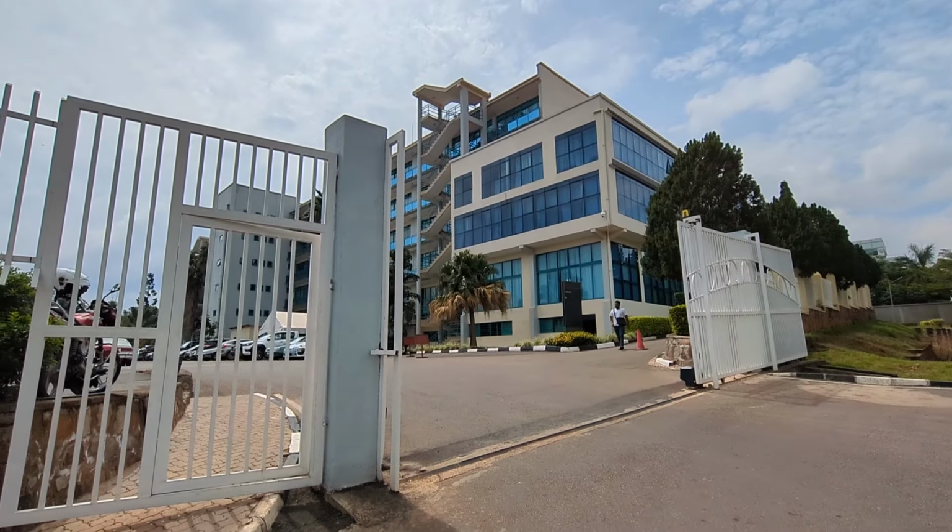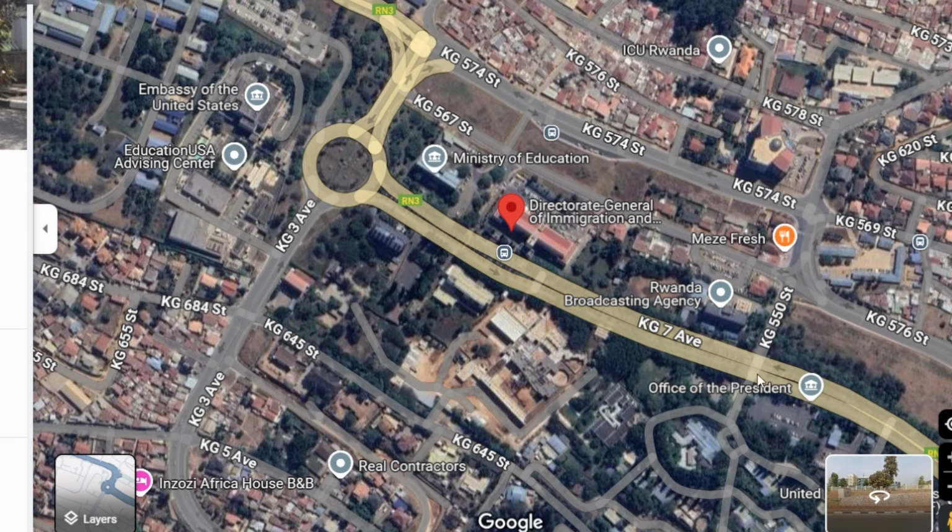So I can confirm that there's a car park. It used to be that you came down Embassy Row here and you turned right into immigration, but now continue along to this roundabout, which is in front of the American Embassy, and you turn right at the roundabout and immediately right again. So along KG 567,